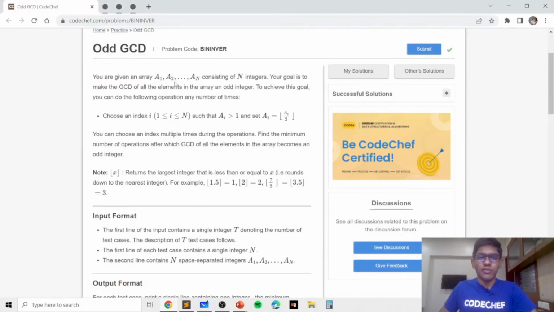So in this problem we are basically given an array consisting of n integers numbered a1 through an, which is basically 1 based indexing. Our goal is to make the GCD of all the elements an odd integer, and to achieve this goal we can perform the following operation any number of times. We can choose any index i going from 1 to n such that ai is greater than 1, and we can set ai to be the value of floor of ai divided by 2,